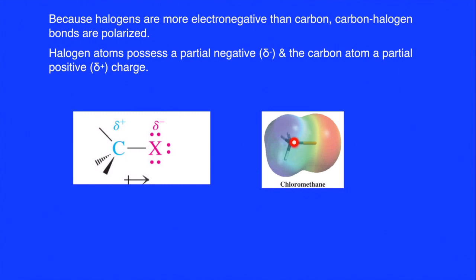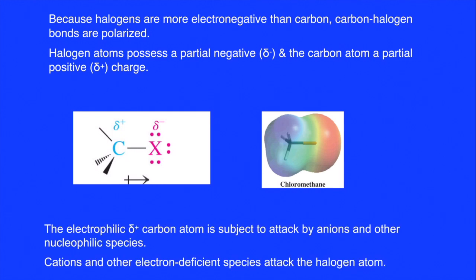And one of the ways they're helpful is they show this electronegativity difference and how the electrons are arranged. And whenever you see this large difference, you know it's likely that there's going to be a chemical reaction occur there. And why is that? Well, this electrophilic carbon, which is partially positive, is subject to attack by other anions. So because it has a partial positive, that really attracts anions, things that are negative that can come in here and attack it. And so that's increasing the reactivity, and that's because these carbocations, and this one's not quite a carbocation, but it's becoming partially positive,